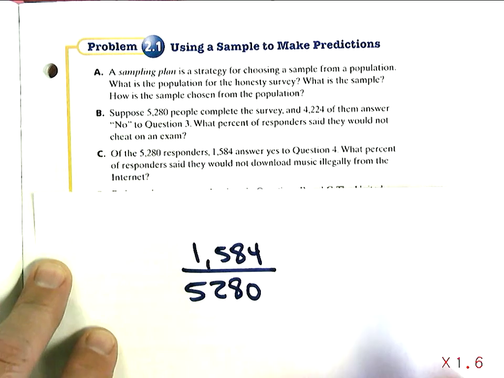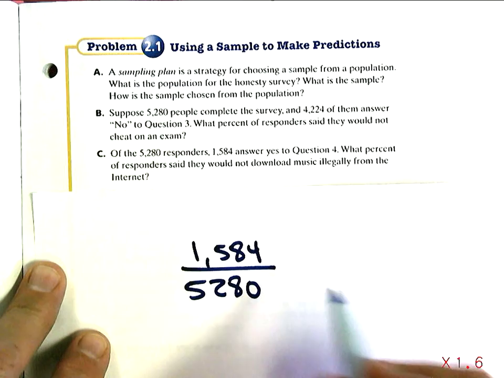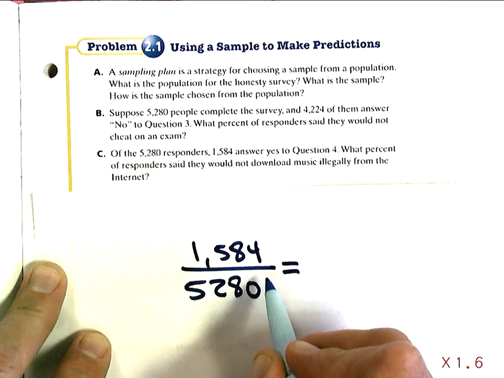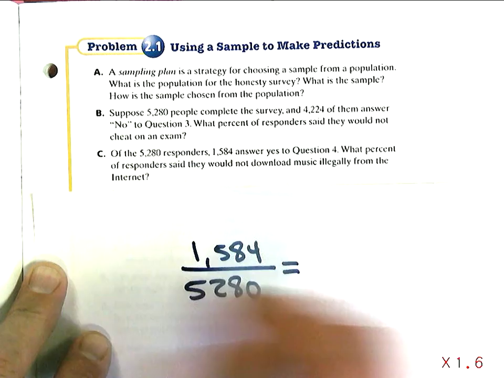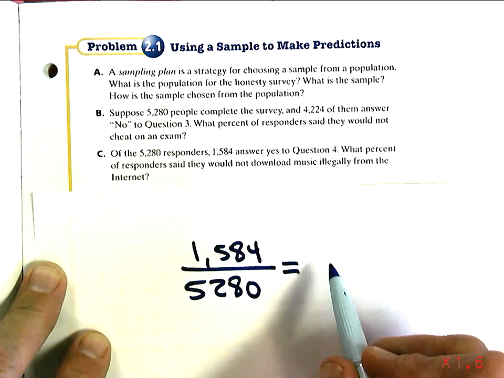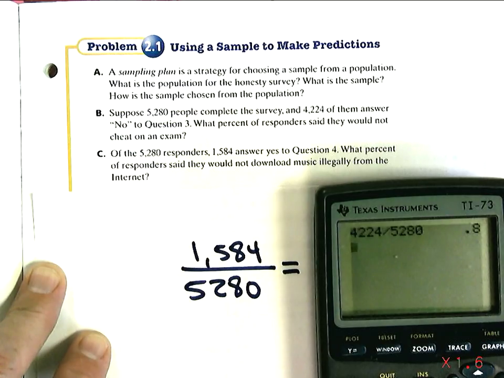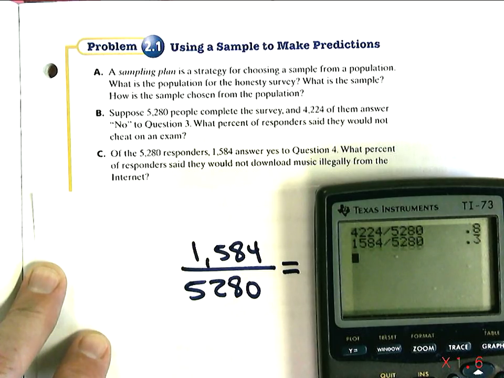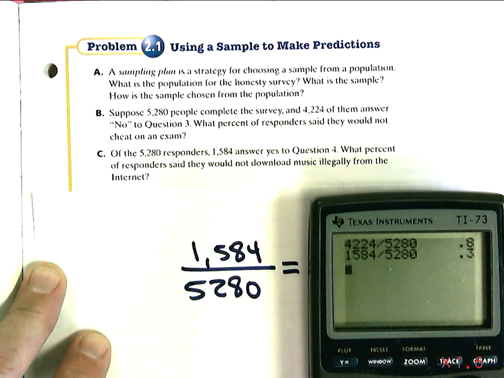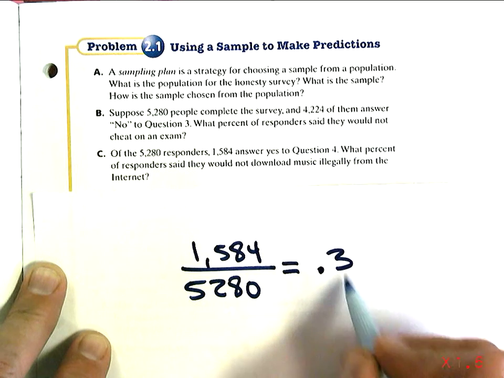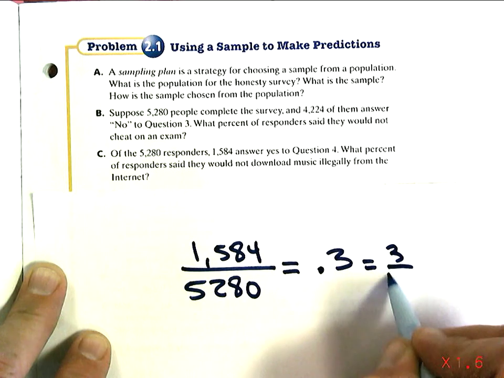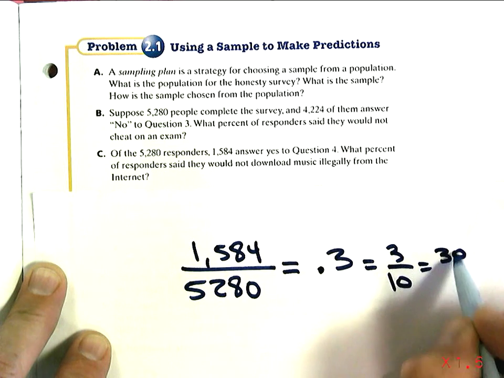Now this is an interesting question because the question, first of all, gives us this many that said yes, but the question is how many would not? So we're going to get a percent here, just like we did before. 1,584 divided by 5,280. And so we get 0.3. And you know that 0.3 is 3/10, or 30/100,